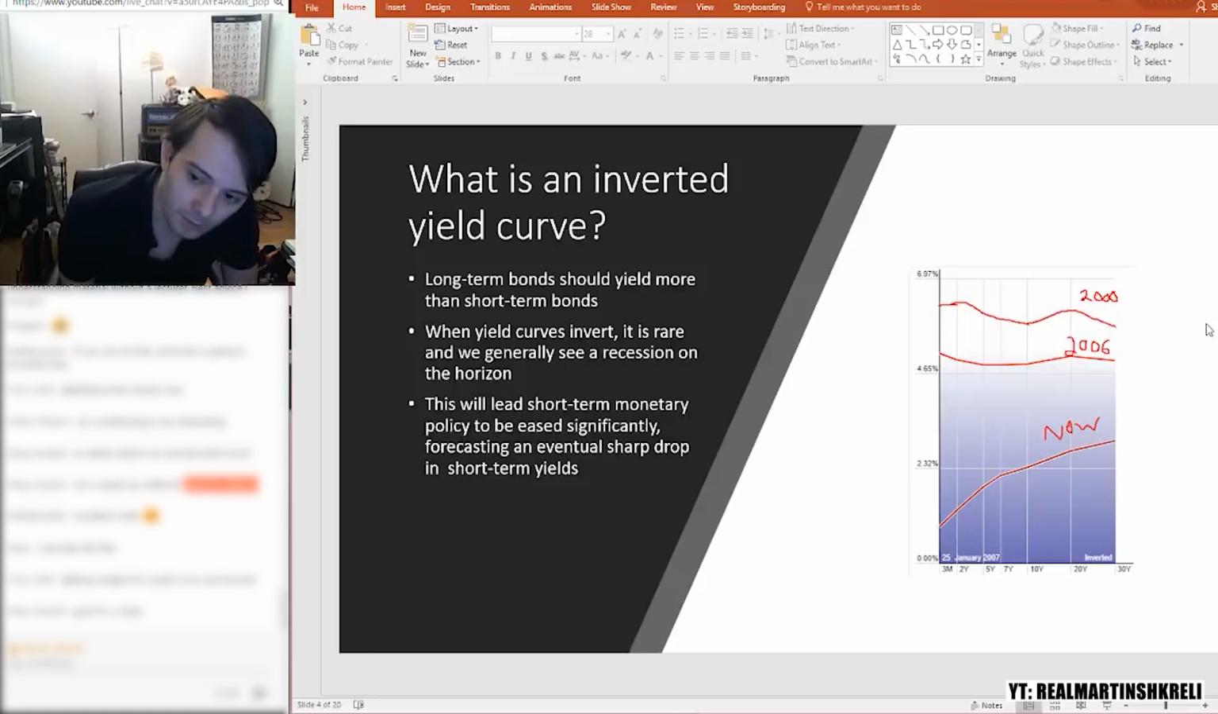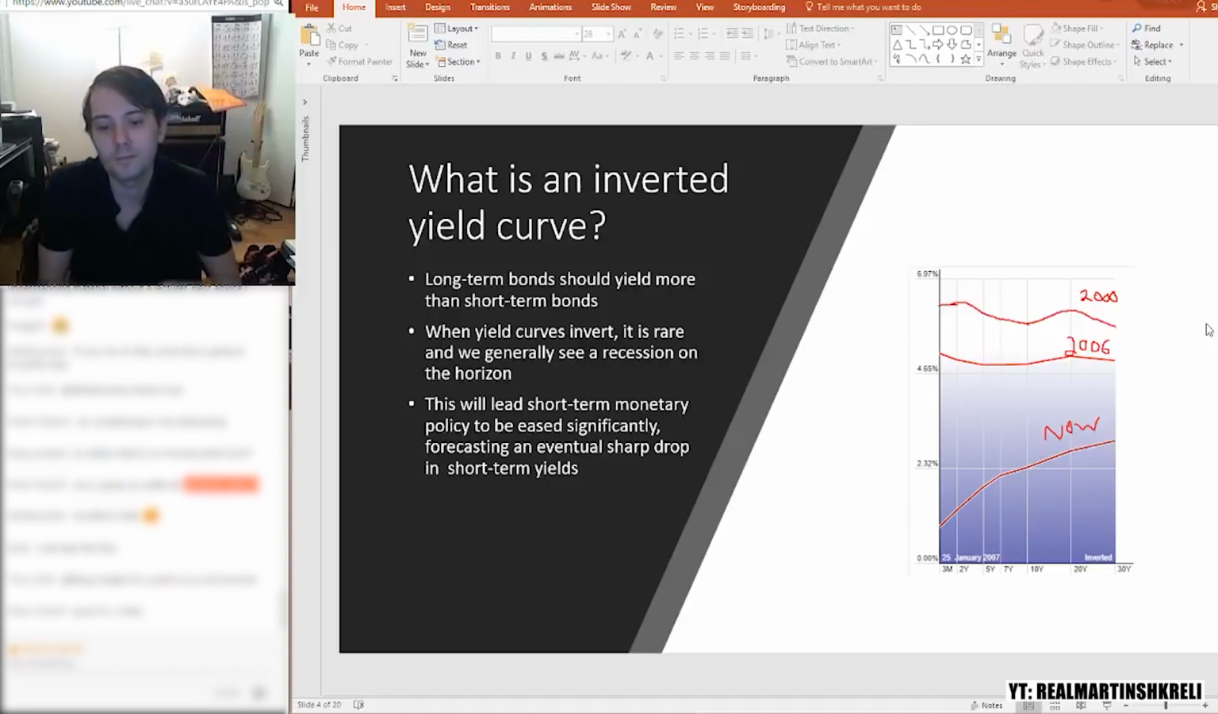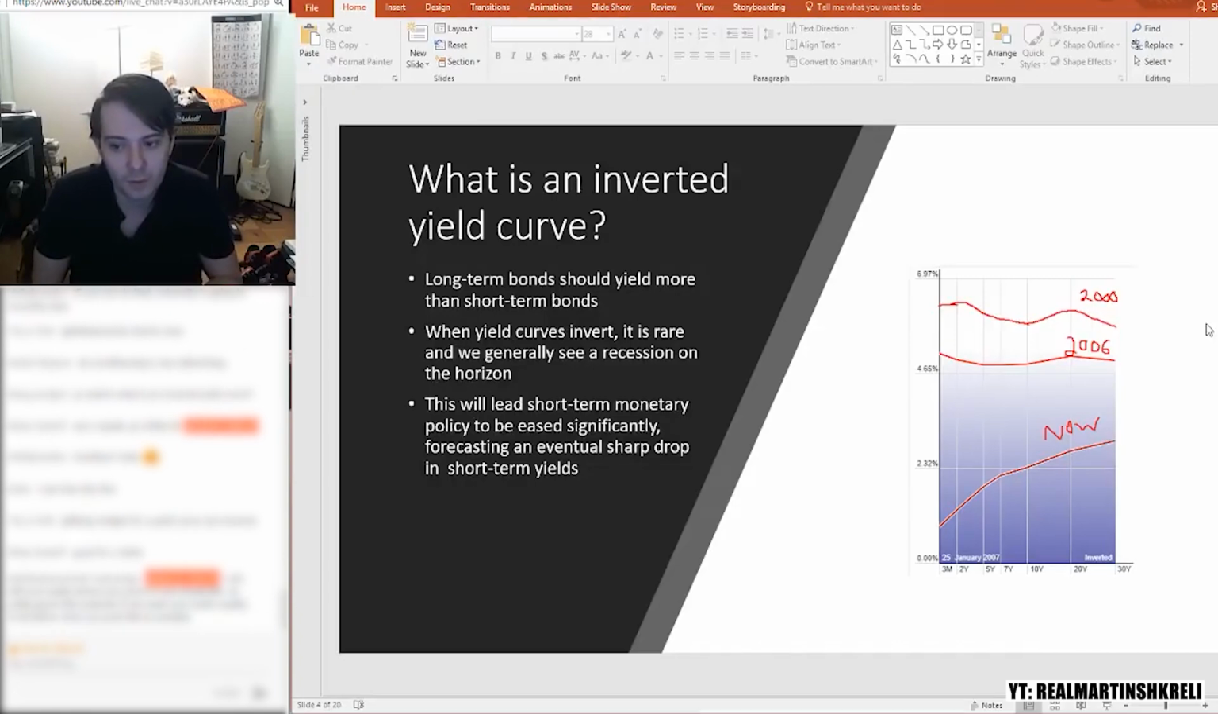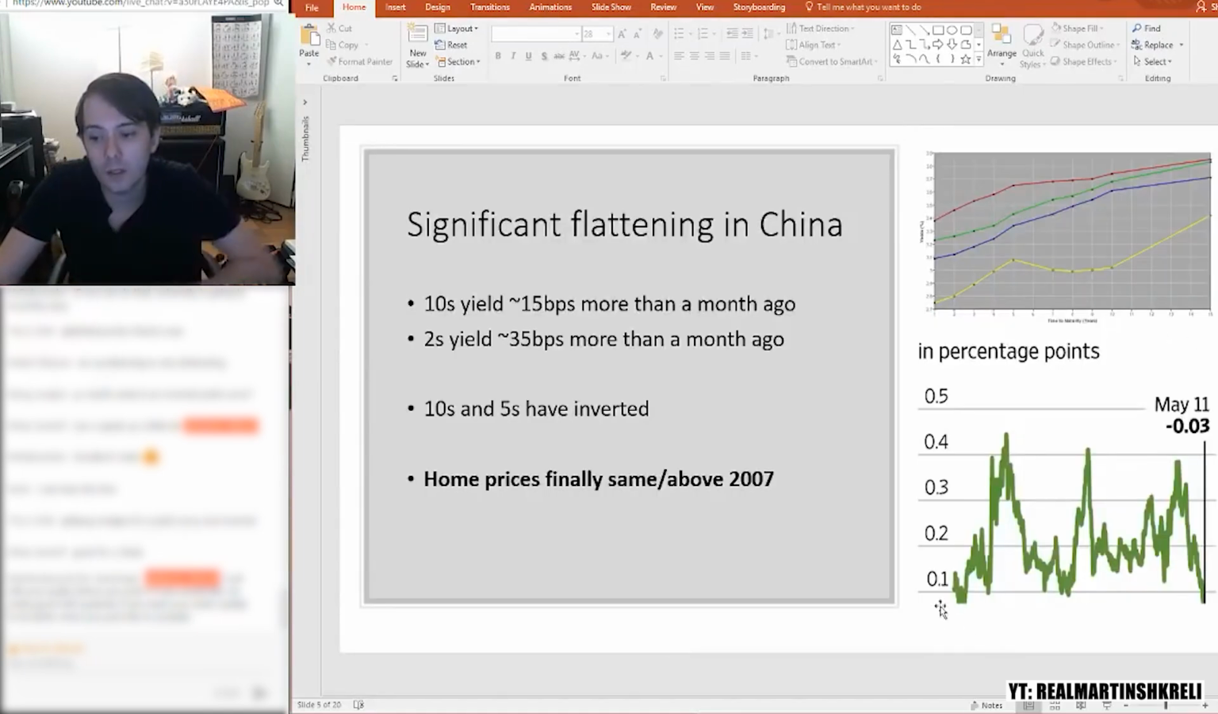But by selling off the near end of the curve, investors are expecting that whatever regulatory, or I should say monetary, body exists, they'll sort of ease to help the economy, which presumably is slowing, and that easing, of course, will result in lower interest rates. So it's a pretty simple concept, but it is a rare phenomenon, and almost always is a pretty good predictor of weak economic activity. So China, you can see this is the spread between 5s and 10s, and you can